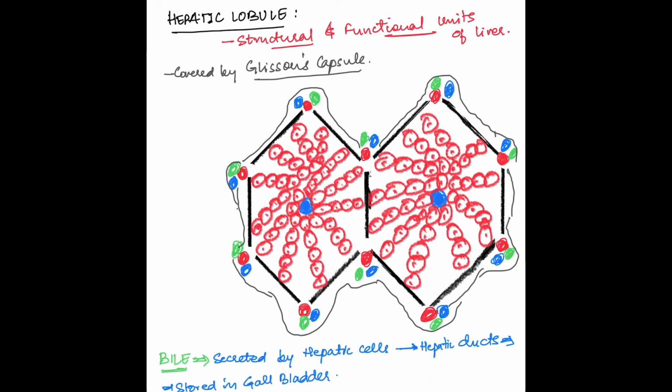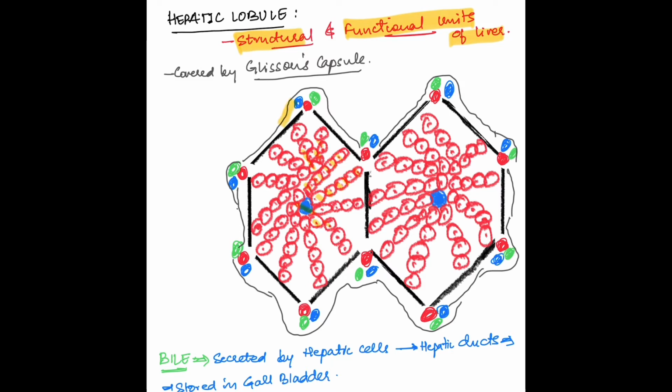When a part of liver is observed under a microscope, the functional and structural units, which are the hepatic lobules, can be seen. Each hepatic lobule is roughly hexagonal in shape, with central vein in the center of the hexagon, as shown by the blue circle in the diagram. Hepatic cells are red colored cells. They are arranged in cords. It means that they are arranged in a line like a string.